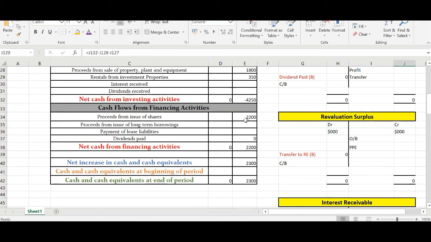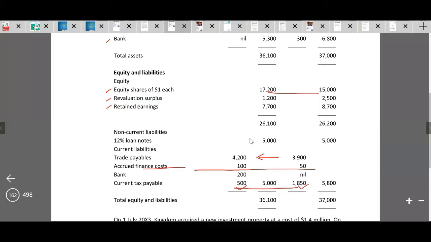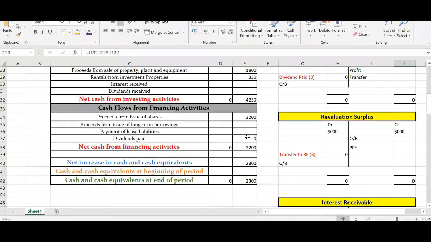Proceeds from the issue of long-term borrowings. So we can see that the non-current liabilities remain unchanged. No borrowings, no repayments. Then you have the lease liabilities. We do not have anything in this question. All right. Then you have